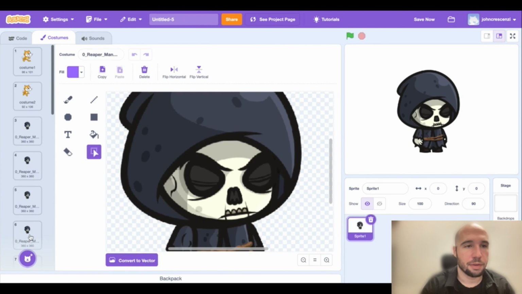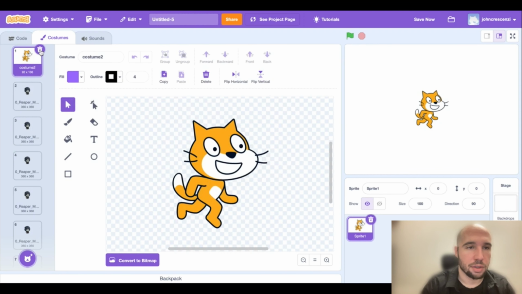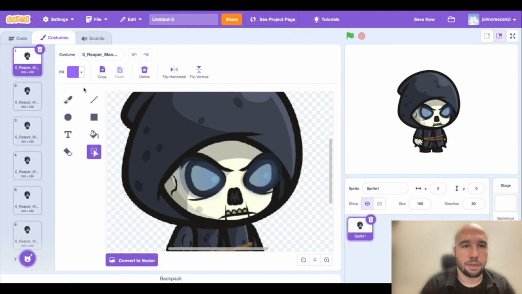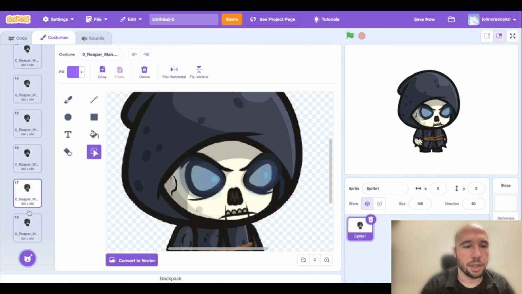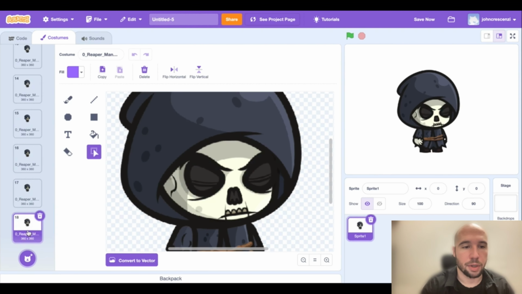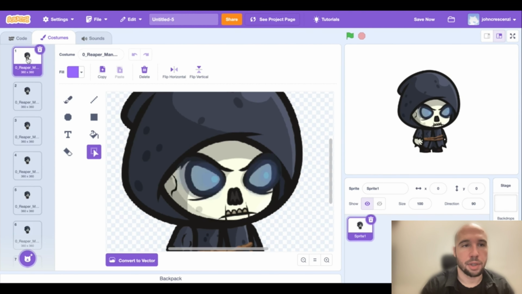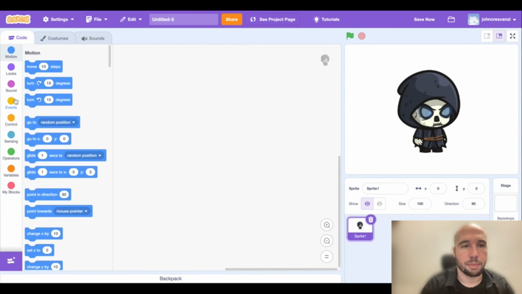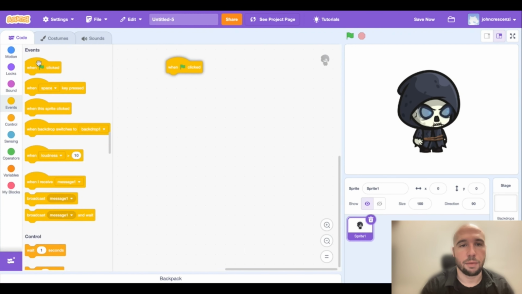So we delete the default Scratch costume. Right, so we have Reaper Man. This is the idle blink. So it has him just standing and then blinking. So go ahead and press the events. So we're going to have when the flag is clicked